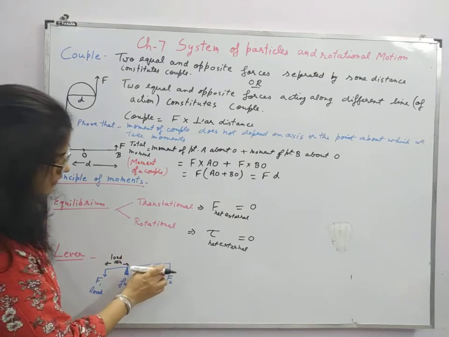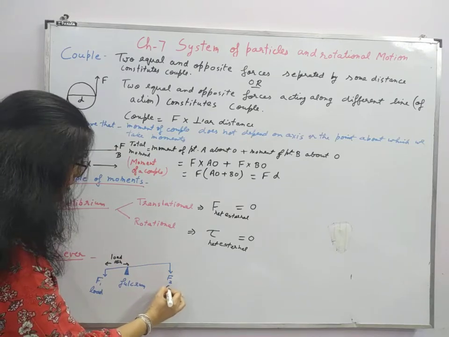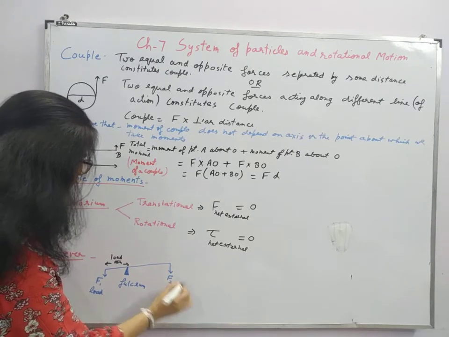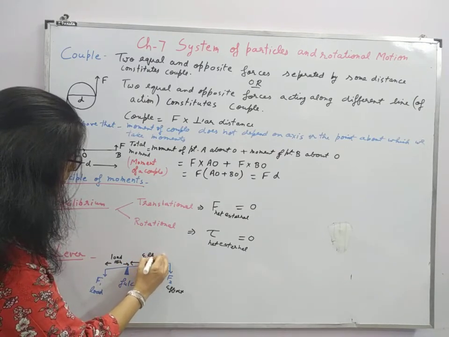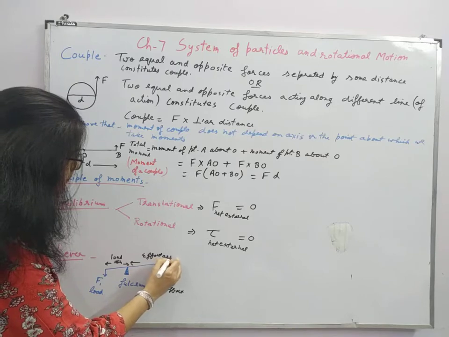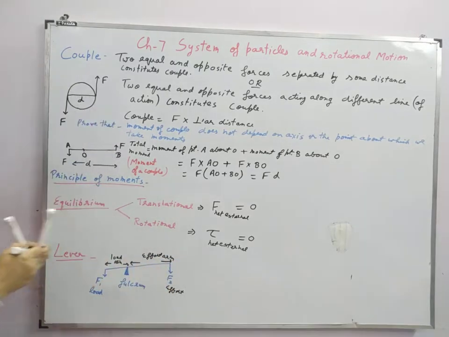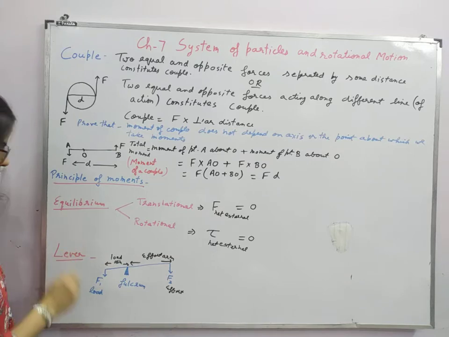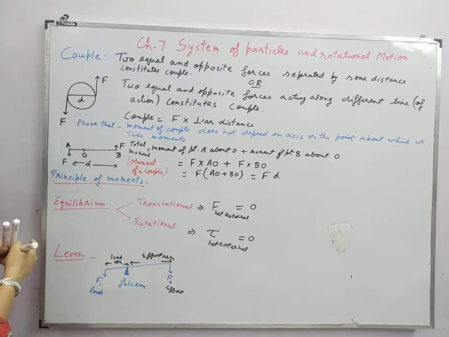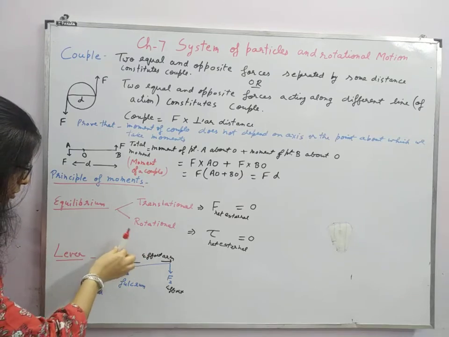The point at which F2 is applied is called effort here, and this distance from the fulcrum is called the effort arm, right? Now again, one more thing here: this load is kept here and is acting in the downward direction, so you can say that this is trying to rotate it this way,